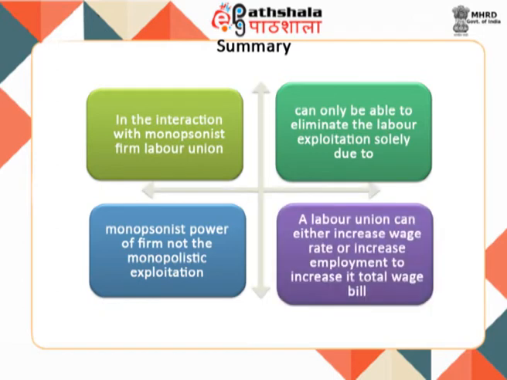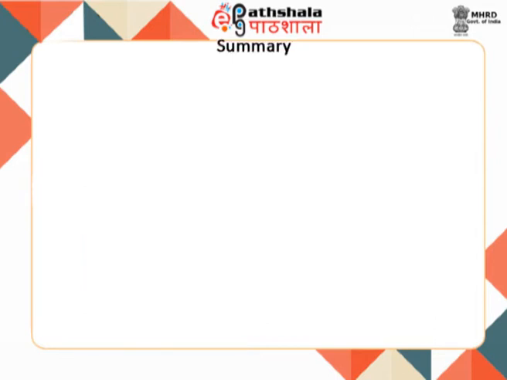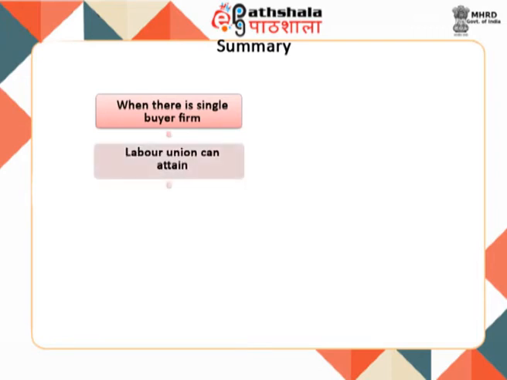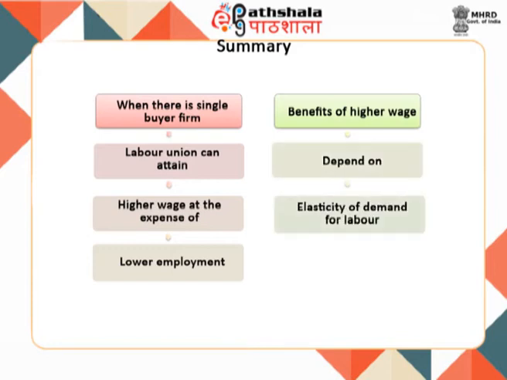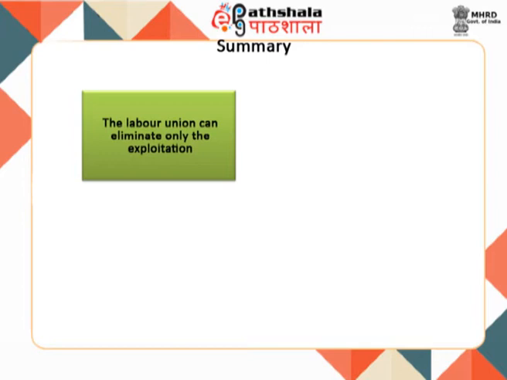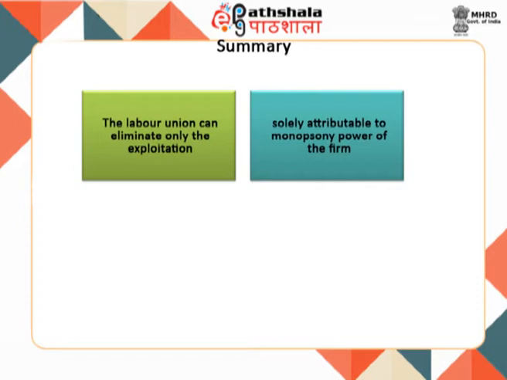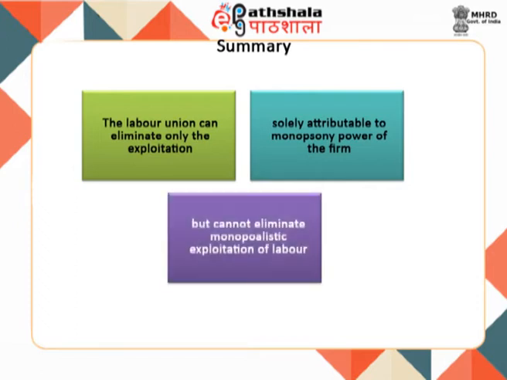A labor union can either increase wage rate or increase employment to increase its total wage bill. With some assumptions, we have concluded that when there is a single buyer firm in the labor market, the labor union can attain higher wages at the expense of lower employment. The benefits of this higher wage enjoyed by all members of the union depend on the elasticity of demand for labor. The labor union can eliminate only the exploitation solely attributable to monopsony power of the firm, but cannot eliminate